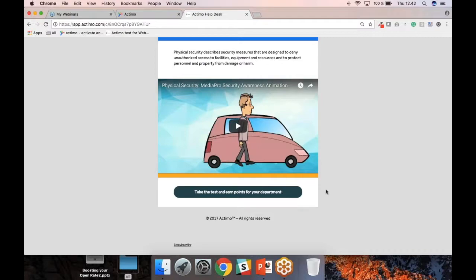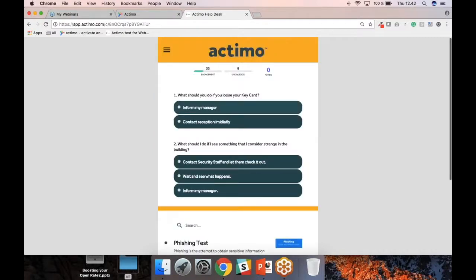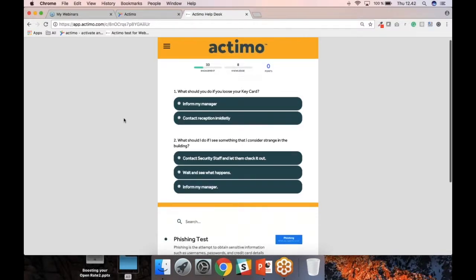I often see that a team effect can have a great effect on people because they're part of a group. And actually collecting teams for a department, maybe you want to give out a prize to the ones who perform the best, can have a really nice effect. But it's up to you to judge what would work best for you. Secondly, we can see here, if I take this test,